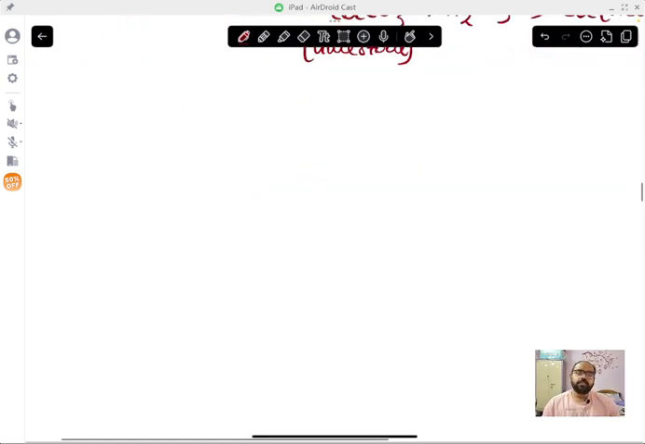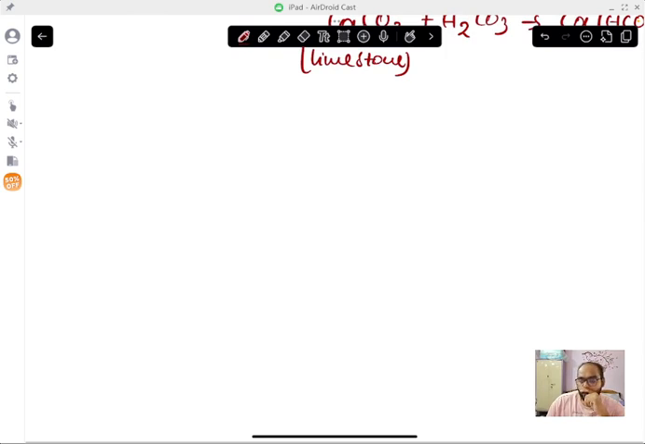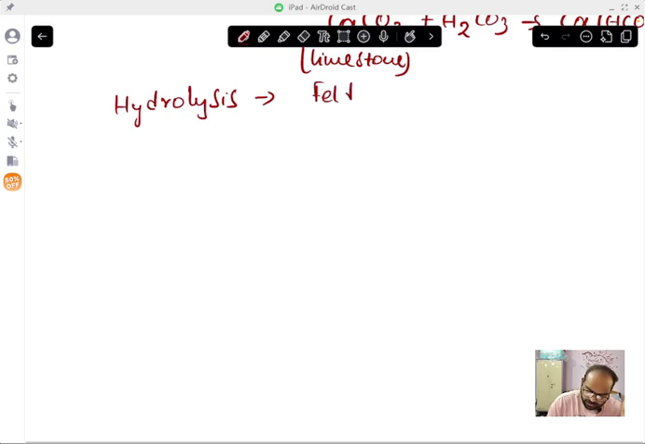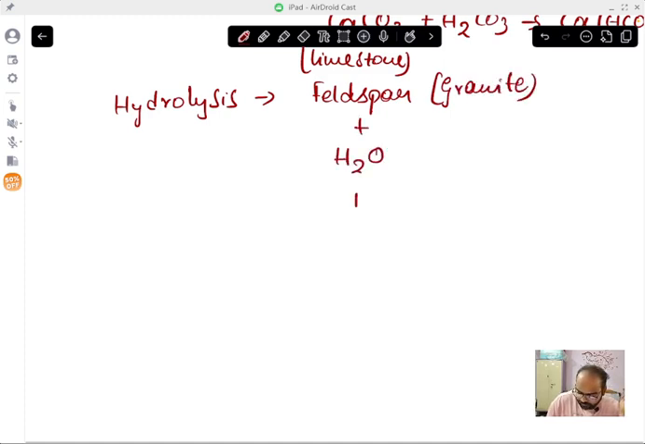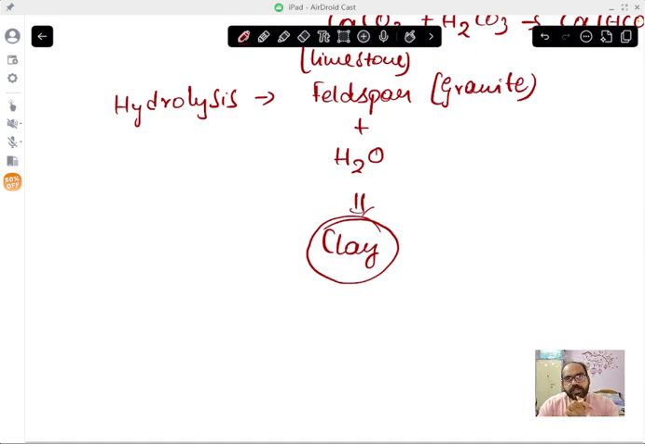And another example would be hydrolysis. Let's take hydrolysis. Okay, feldspar. Feldspar is present in granite. Okay, whenever it reacts with water, it develops clay. So the areas where granites are more, we can see the formation of clayey soils. Okay, so